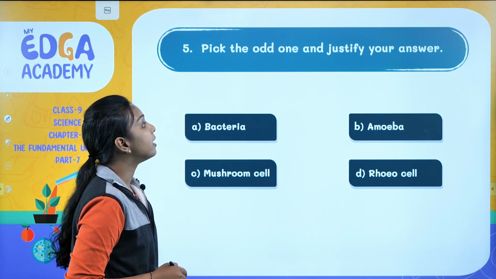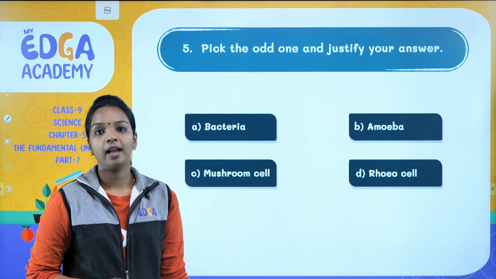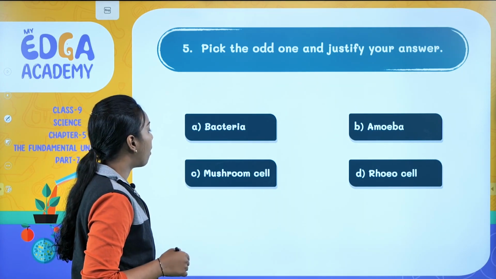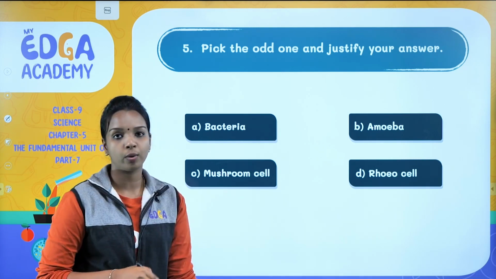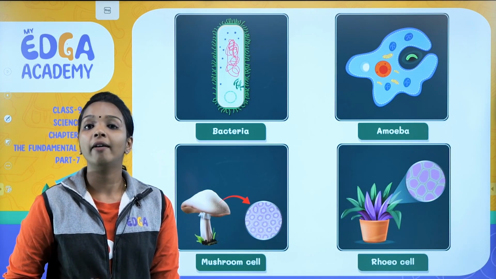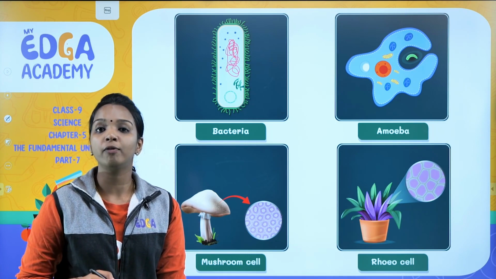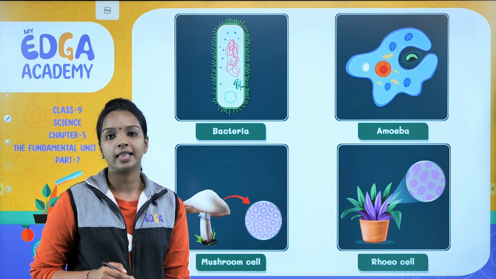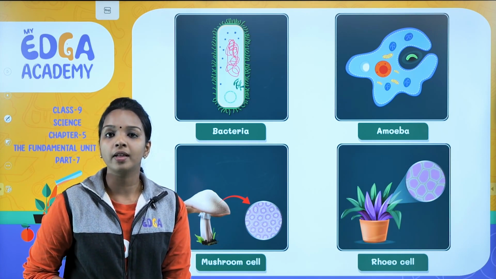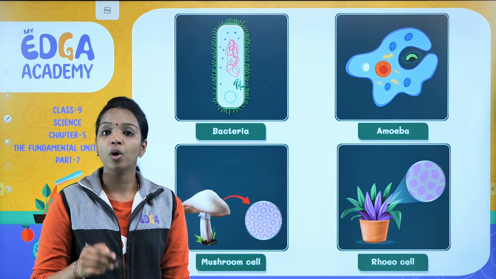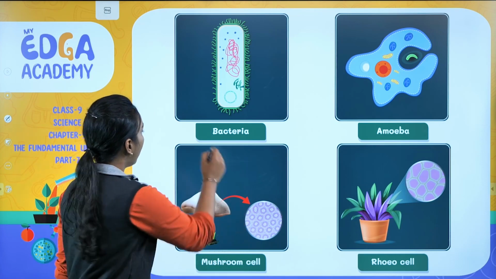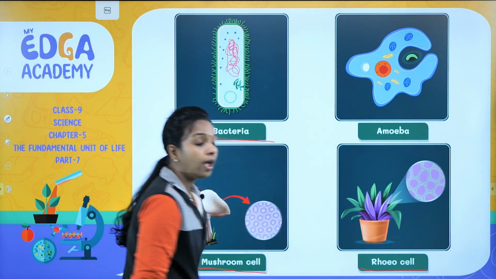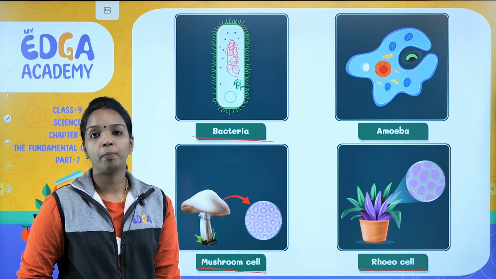Pick the odd one and justify your answer. The given options are bacteria, amoeba, mushroom cell and Rheo cell. We have already learned that the cell wall is present in bacteria, fungus and plant cells, but it is absent in amoeba. So, we can say that bacteria, mushroom cell and Rheo cell belong to the same group as they